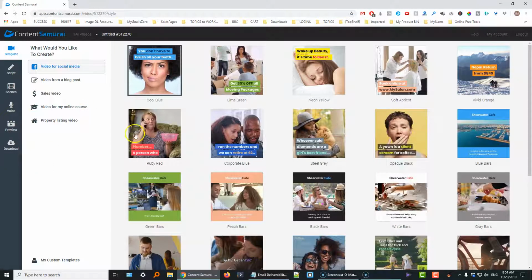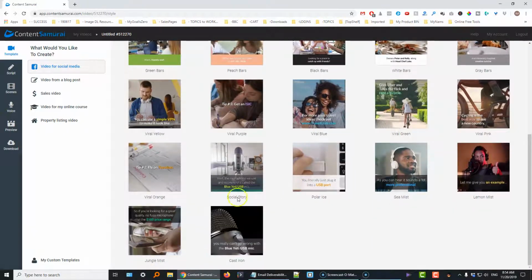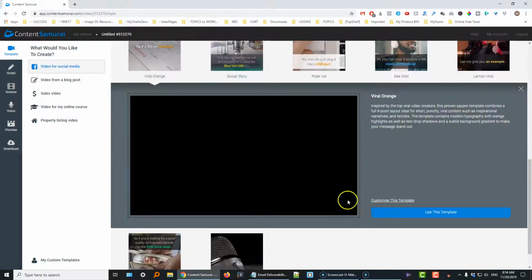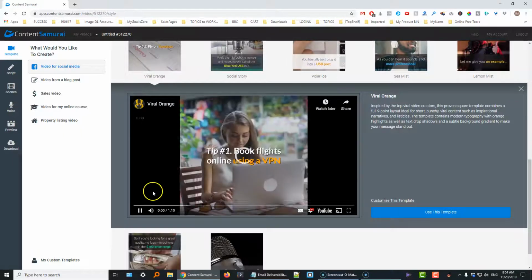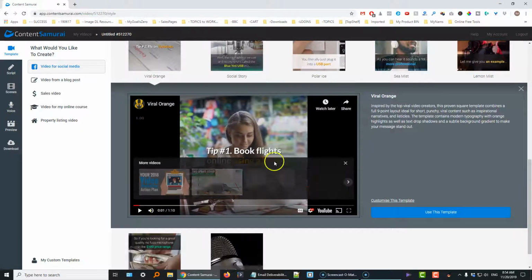And when you first come up here, you actually choose a template. You can choose video for social media, which tends to be square. And you see there's a lot of different choices. They have different names, and if you click on one, it'll tell you what it's about. It'll tell you it's inspired by the top viral video creators, and it talks to you about the template. And then you can automatically choose. You can even see a sample of it by just clicking through here to see what a template looks like